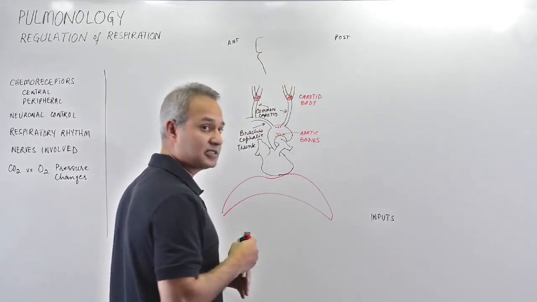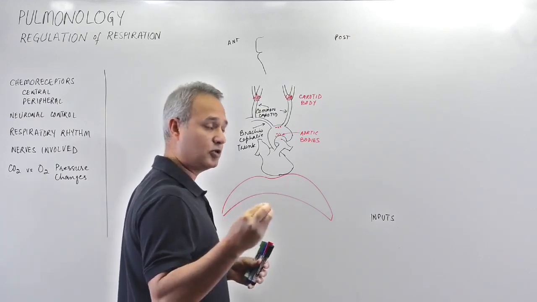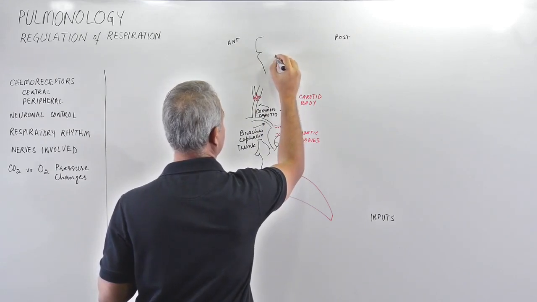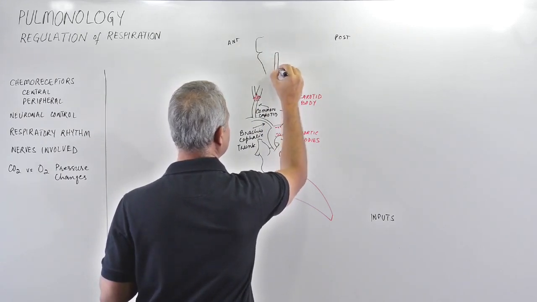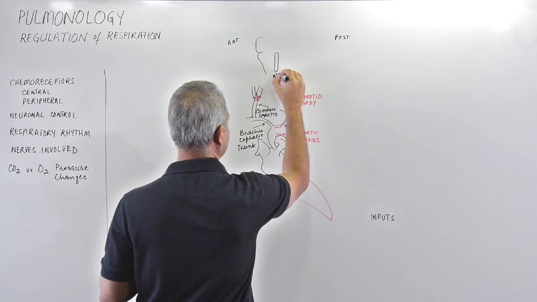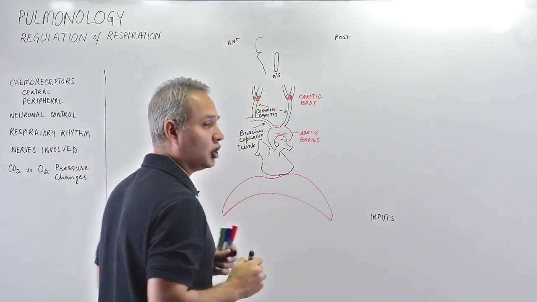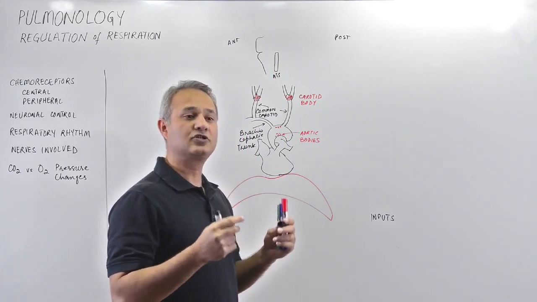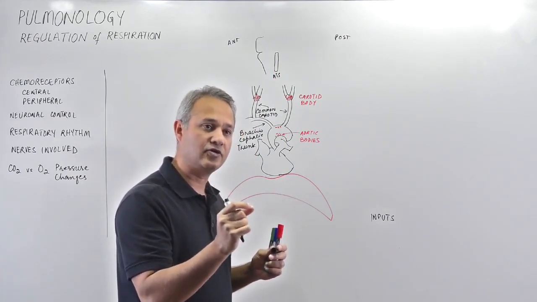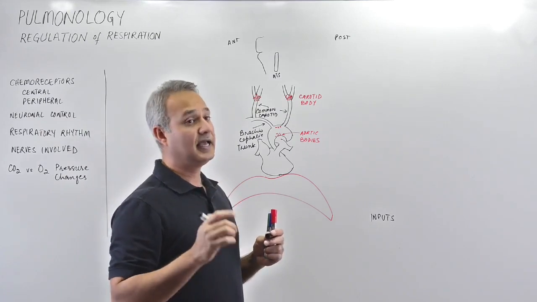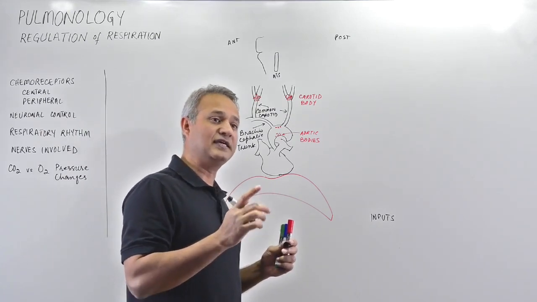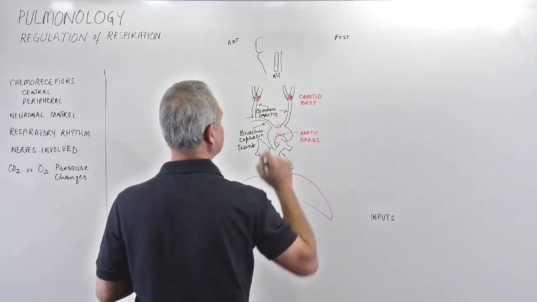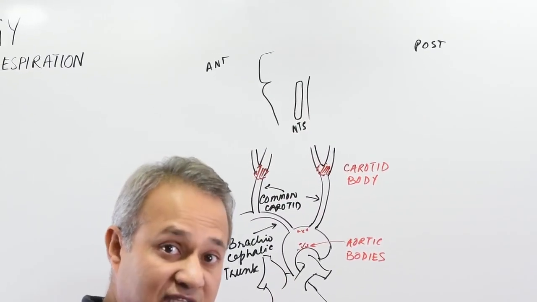Now first of all, let's look at quiet breathing and how that works. We're not looking at the receptors yet. So in the dorsal medulla, the nucleus of tractus solitarius, NTS, is the dorsal respiratory group of neurons, which are primarily the neurons that control quiet breathing, and they control the breathing rhythm as well. So these neurons in the medulla are responsible for the breathing rhythm and